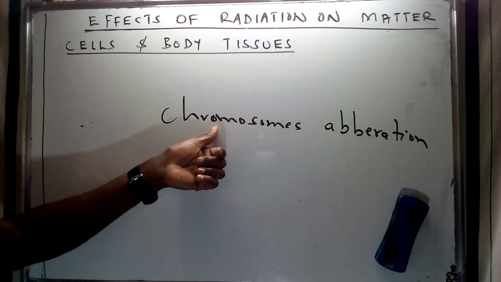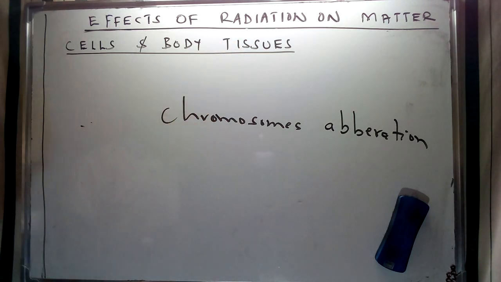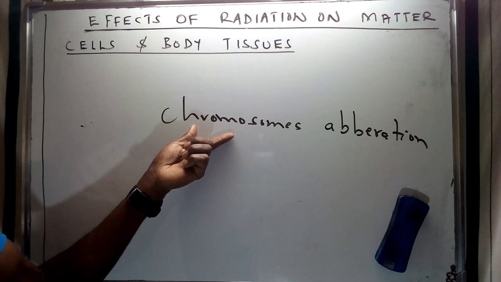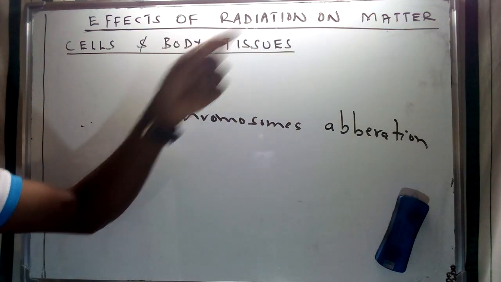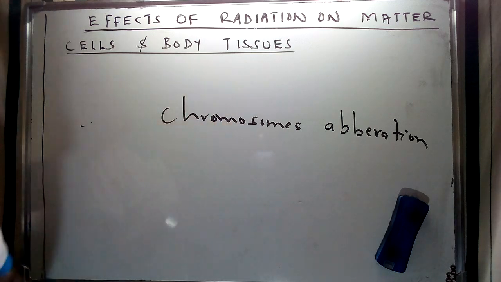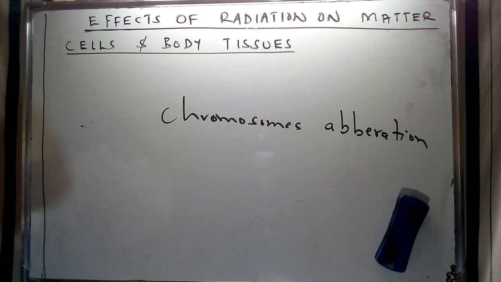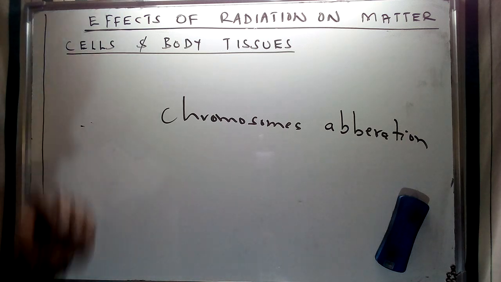So basically, in interacting with the chromosomes, radiation is going to alter their formation, which is going to result in a negative effect on this particular genetic material, which we refer to as chromosomes. This is the part of the cell organelles which plays a vital role in inheritance and variation. So the interaction between the radiations and these chromosomes is going to alter their structure, and therefore hamper the normal hereditary roles they play as organelles of a cell. So in this case, they are going to have a negative effect.